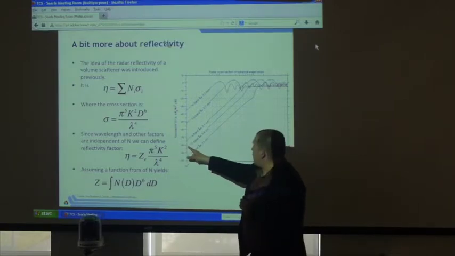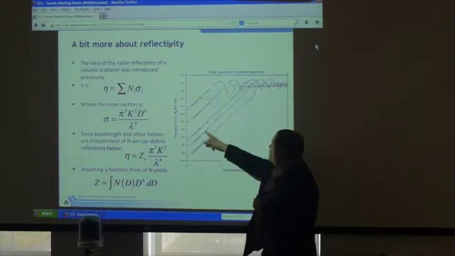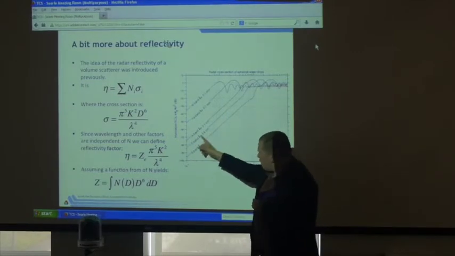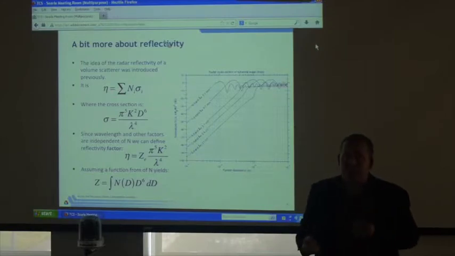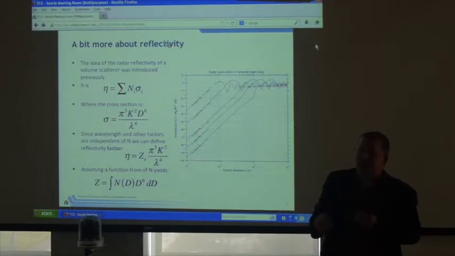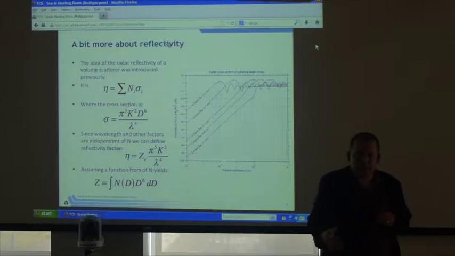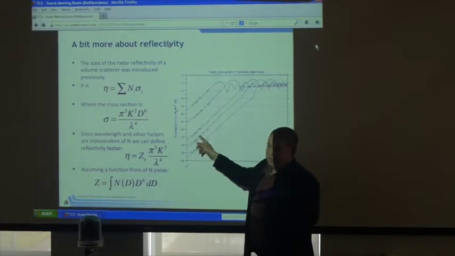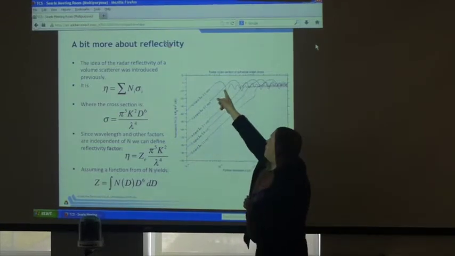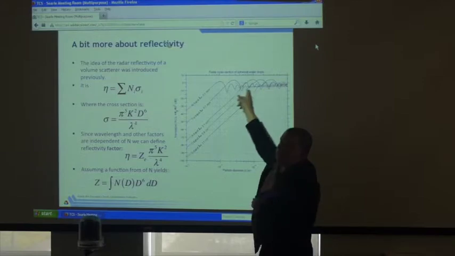We can see here that as we increase the particle diameter, it has this lovely log-log relationship. This is fantastic because it means that as I have bigger droplets, I get more radiation scattered back. So by the intensity of this scatter, I can instantly infer something about what I'm scattering off. This is called Rayleigh scattering. When the droplets get very, very large, they go into this terrible resonant behavior.